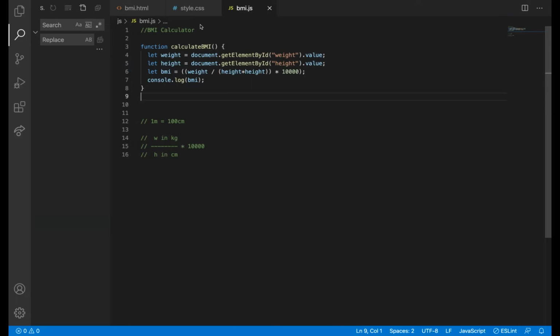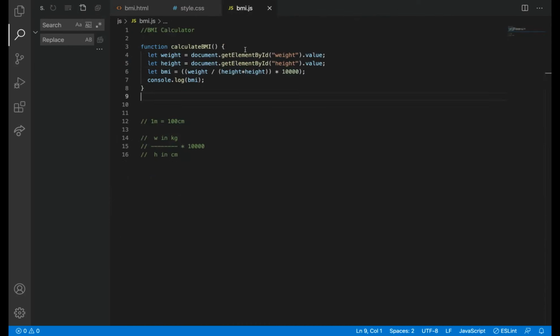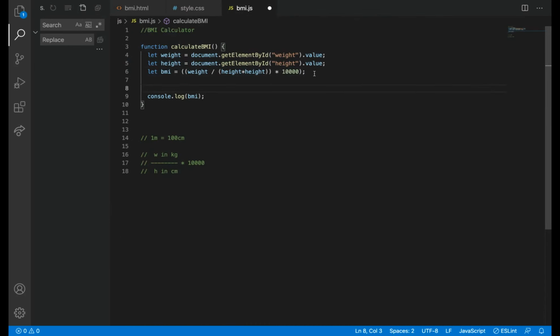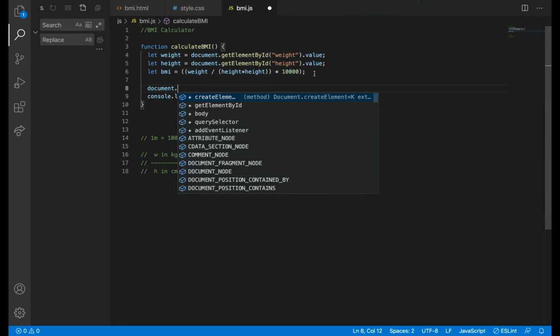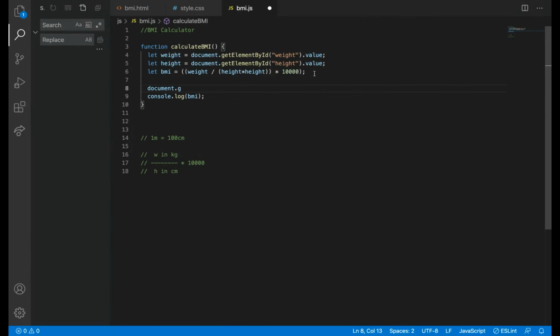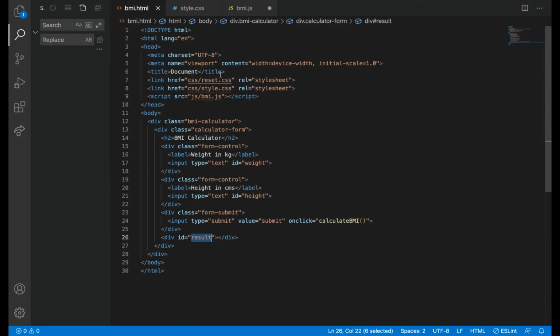So you all know how to do this. We just want to add document dot get element by id of result. Result is the id I have added for this div.